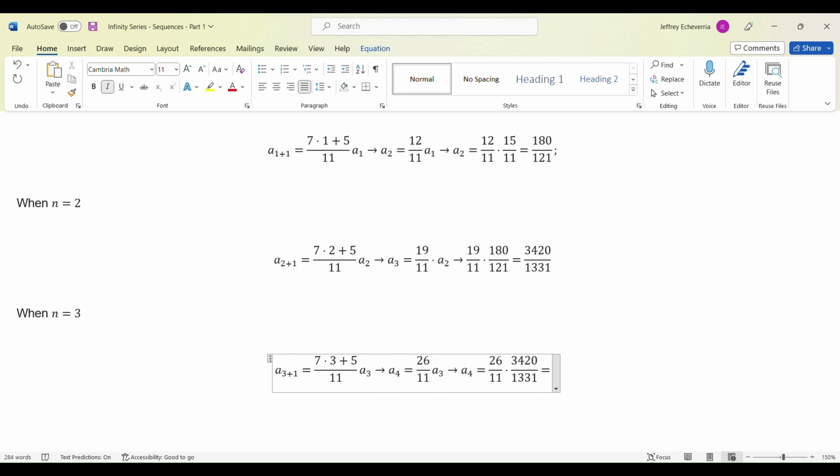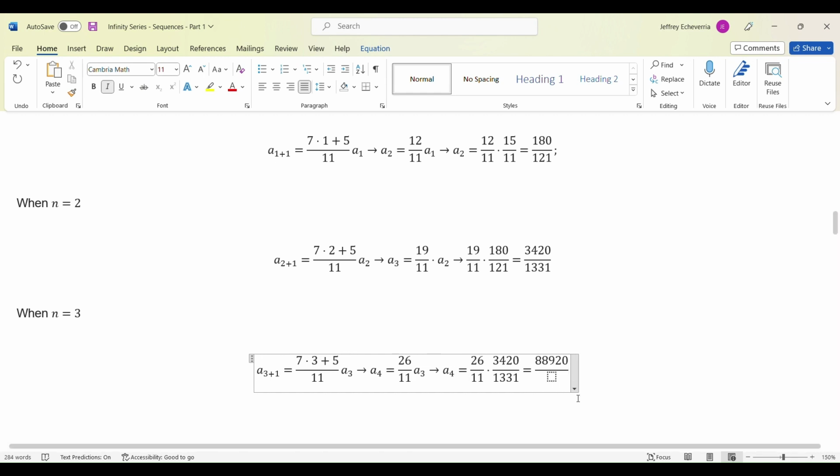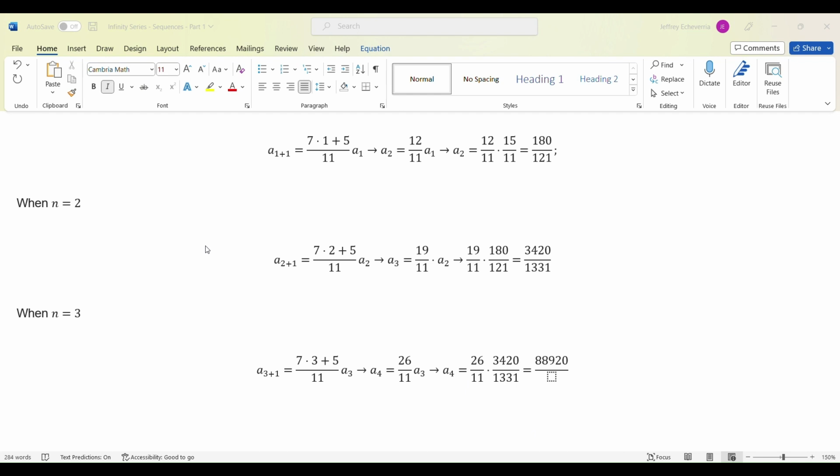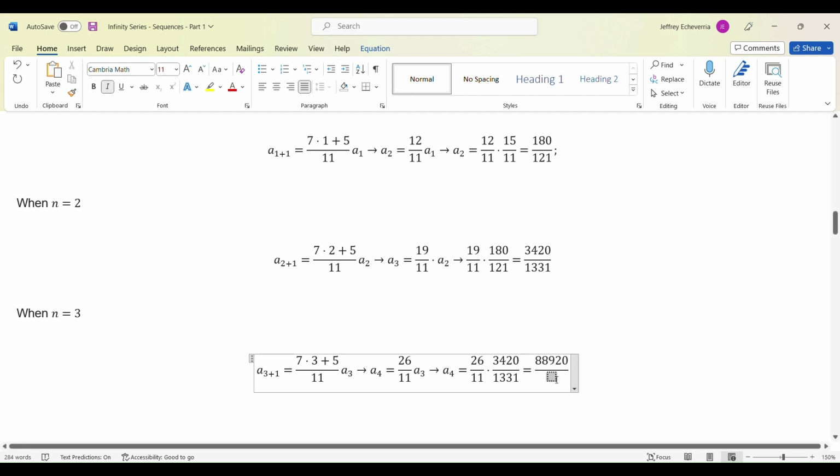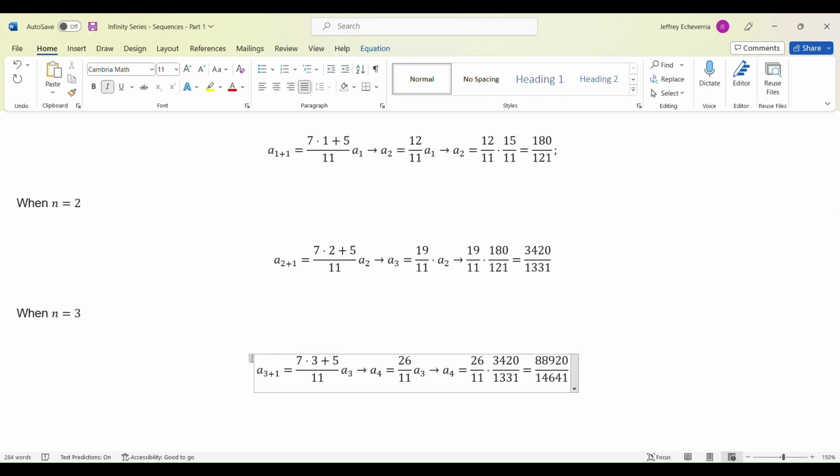Let's simplify this. So we get 3,420 times 26, which is 88,920 over 1,331 times 11, which is 14,641. And finally, when n equals 4,